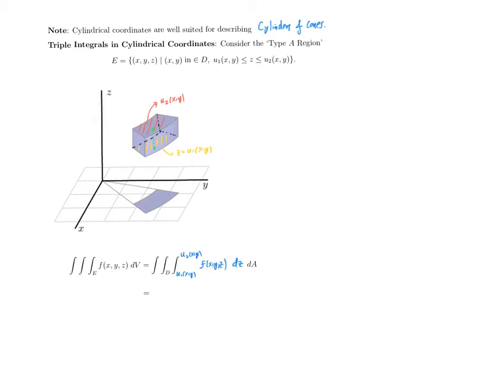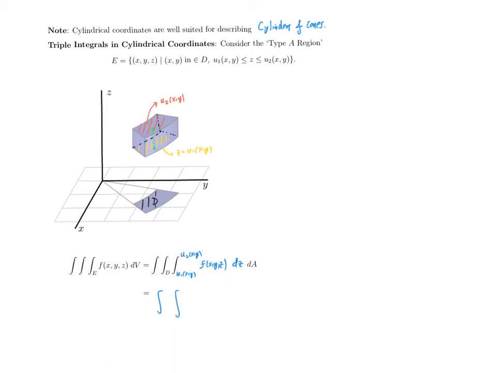And note at this point we have done nothing new. This is the exact same approach we would have used in our previous section when we were setting up triple integrals. The new part is that we are now going to convert that outside region of integration D so that